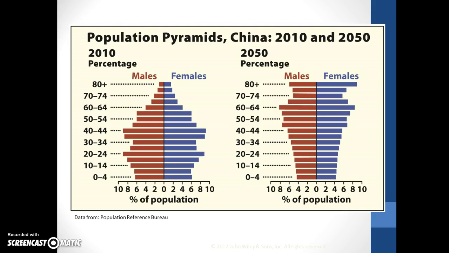We're talking about percentages. And what you'll notice if you look at the very top, right? So 2010, we're looking at maybe 3% of people living to be 80 years and beyond. By 2050, they're expecting that number to actually be more like 14 or 15%. Okay, so stop and think about what that means for a country in terms of their development, in terms of resource use and things like that for just a sec.